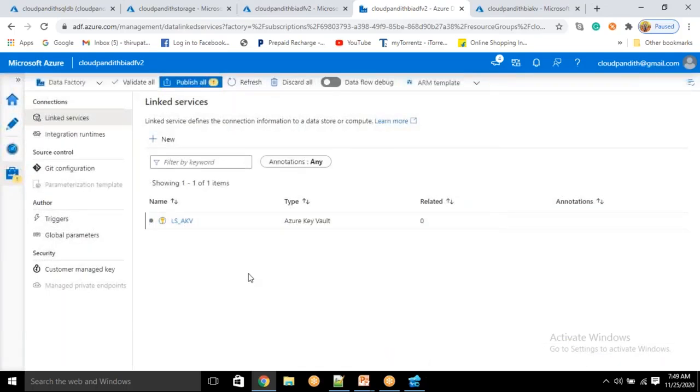But as I have connected automatically, will I be able to read the username and password from Azure Key Vault? Remember, no, I will not be able to read. The reason I will tell you. So before that, we need to follow some steps. First step is,